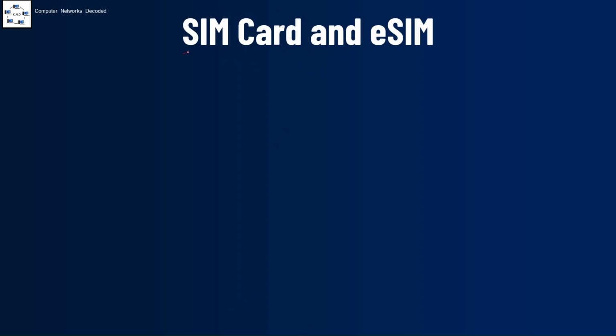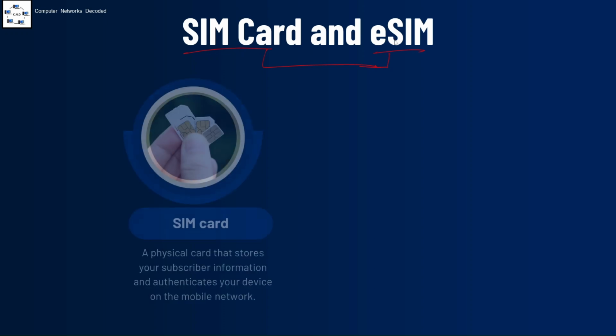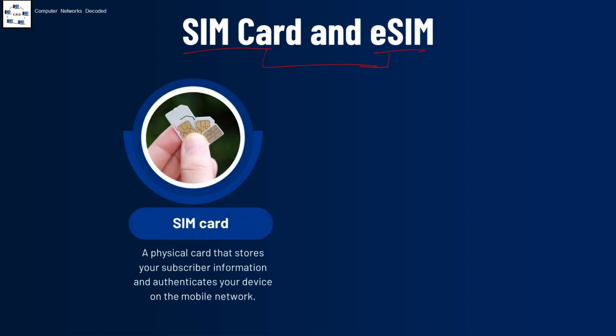Next topic is the SIM card as well as eSIM. SIM stands for Subscriber Identity Module. eSIM is basically an embedded SIM. So this one is physical, and this one is a software-based subscriber identity module, embedded inside your smartphone. So first is the SIM card. You all must have seen the SIM card. It is a physical